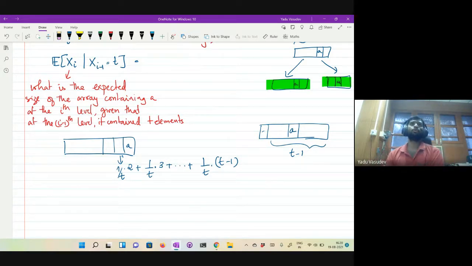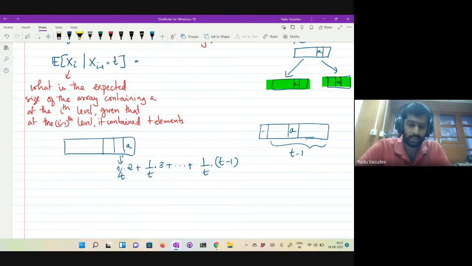First of all, you can't assume anything about whether it will be in position 1 or 2. There is no probability. That's like a worst case bound, right? You can't say that with probability 1 over t it will be in the first position, with probability 1 over t it will be in the second position, and so on. For A, you cannot say anything, right? A could be a worst case input. You can't assume anything about where A might be positioned. So that analysis, probably the first thing to try, is a little complicated.